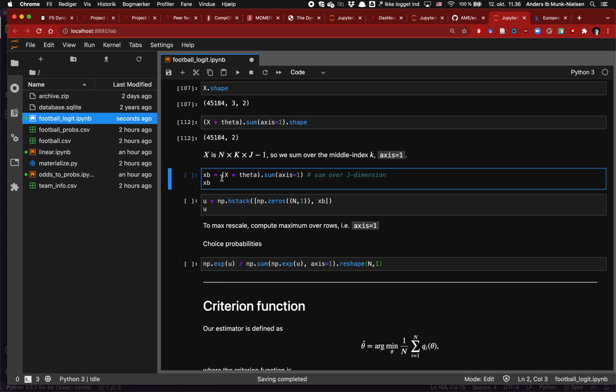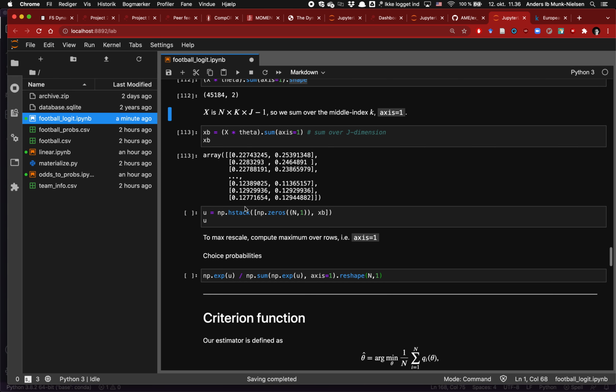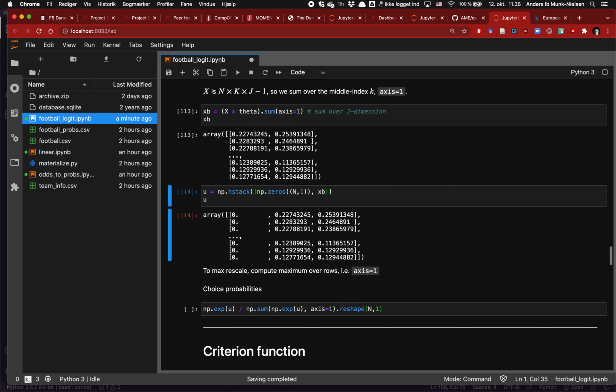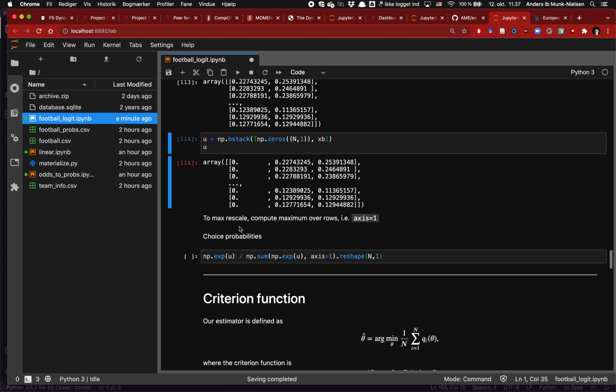Great. So x beta, that's when we've summed over these products here. It's just this item up here. And now we can add the 0 in front. This is our vector of zeros. And now we have our full matrix of utilities, which is now finally not just n by j minus 1, but n by j. We've added the normalized 0 column. And then again, in just the same way as before,